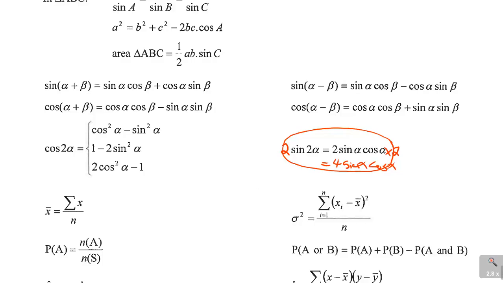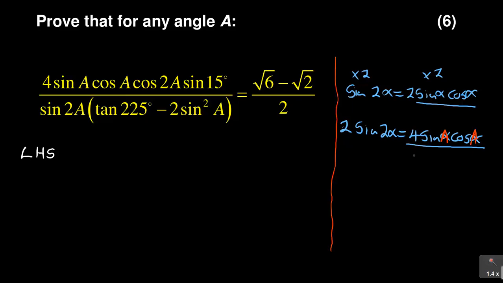I hope you are seeing that. It is very important for you to have spotted that. So this part, which is 4 sine alpha cos alpha, is equal to this part, so this is actually 2 sine 2 alpha. I hope you are able to see that. When you have done that, you also have sine 2 alpha there, which makes it good. So let's write it now to say this becomes